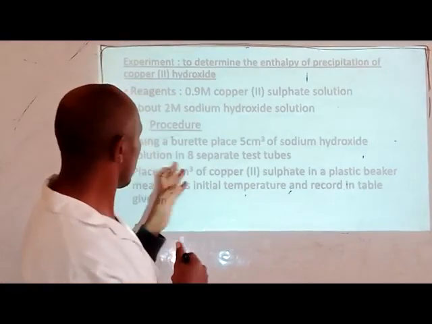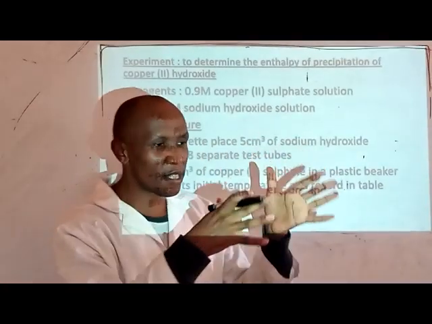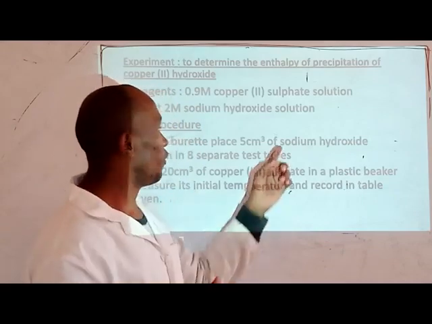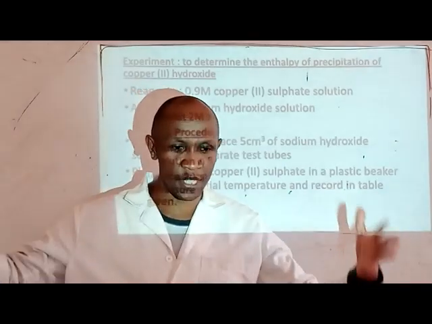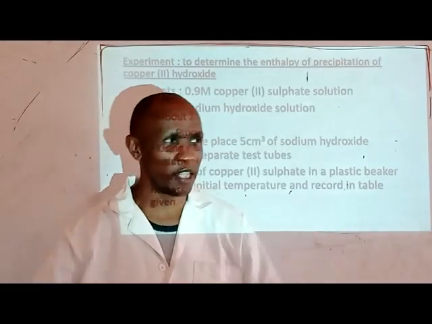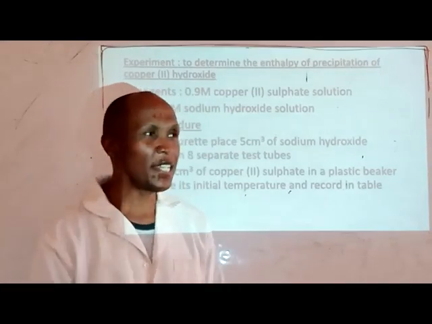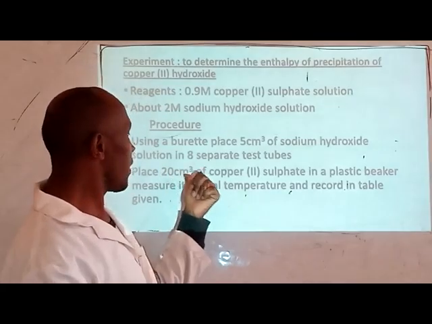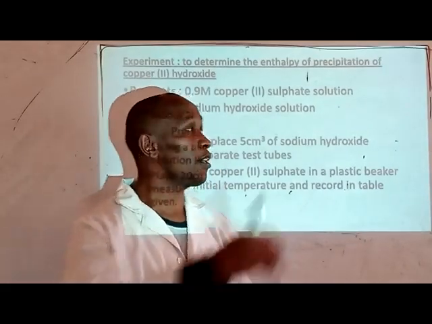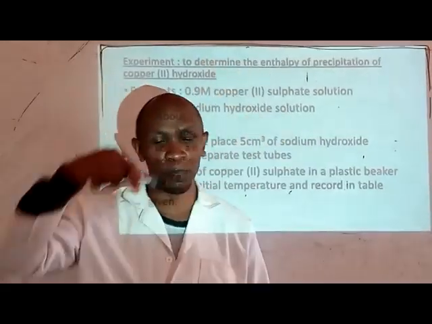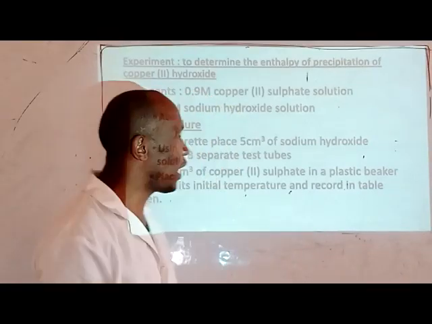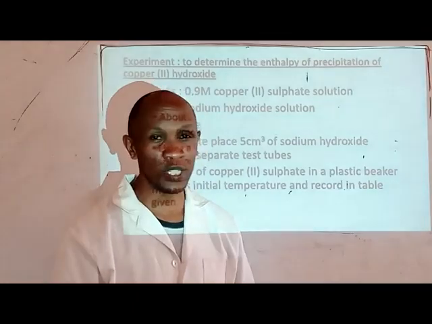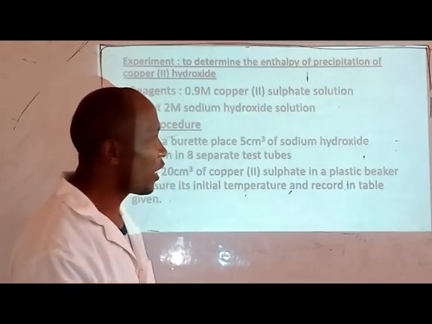I will just measure 5 cubic centimeter portions of sodium hydroxide into about 8 test tubes, 8 test tubes with 5 cubic centimeters of sodium hydroxide each. Then I'll measure 20 cubic centimeters of the 0.9 molar copper 2 sulfate into a beaker. I'll use a glass beaker because I want you to see, but it is not advisable to use a glass beaker,